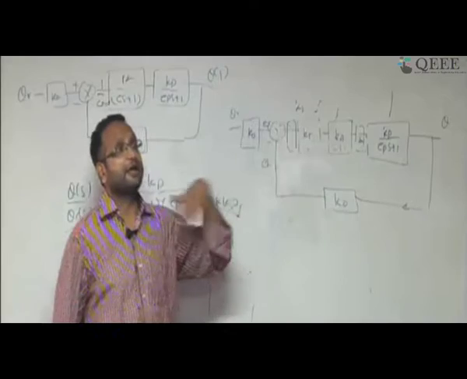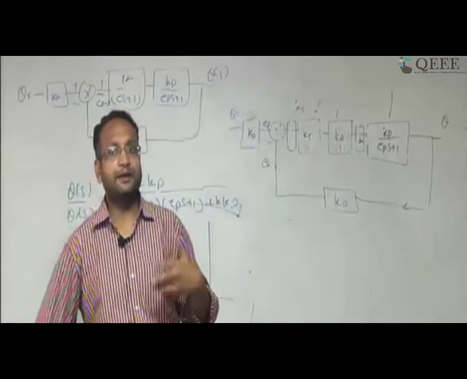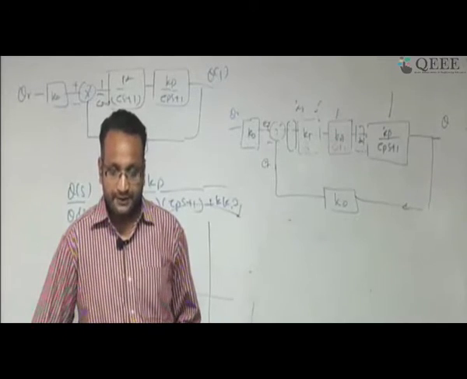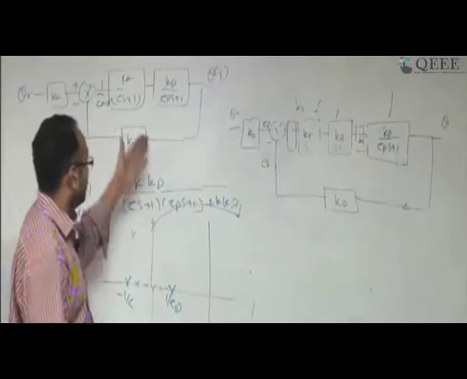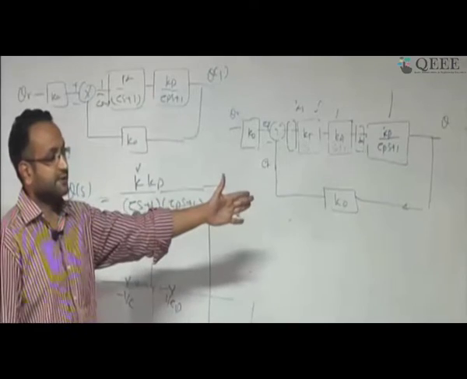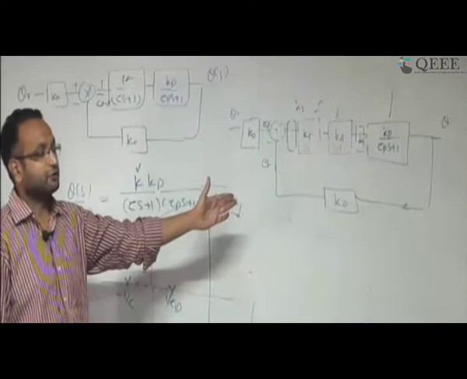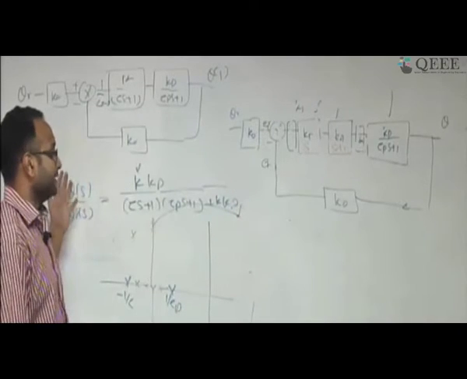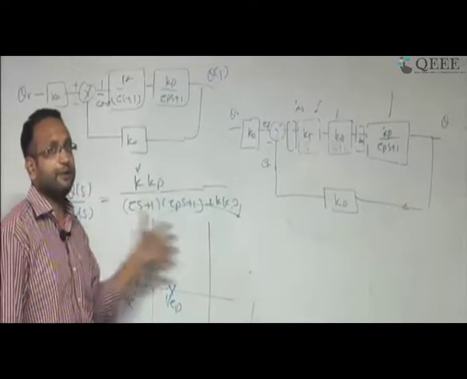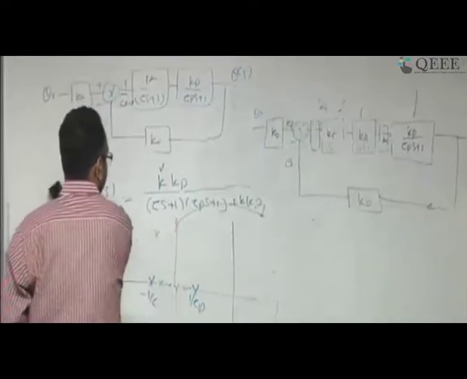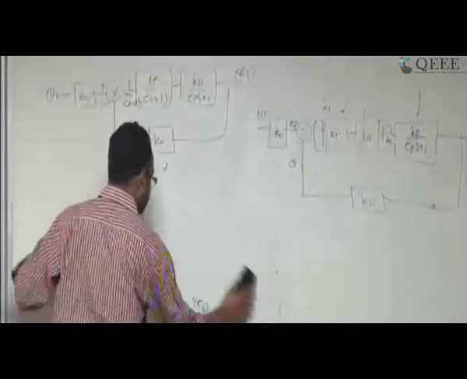Because if you take a higher order system and keep increasing the k, the system becomes unstable. So this part is clear to all of you: the pros are that the system is becoming fast and the steady state value is going close to 1, but the cons are that the system will be unstable if you keep increasing k. This is what one has to keep in mind when we are working. So this is about proportional control.